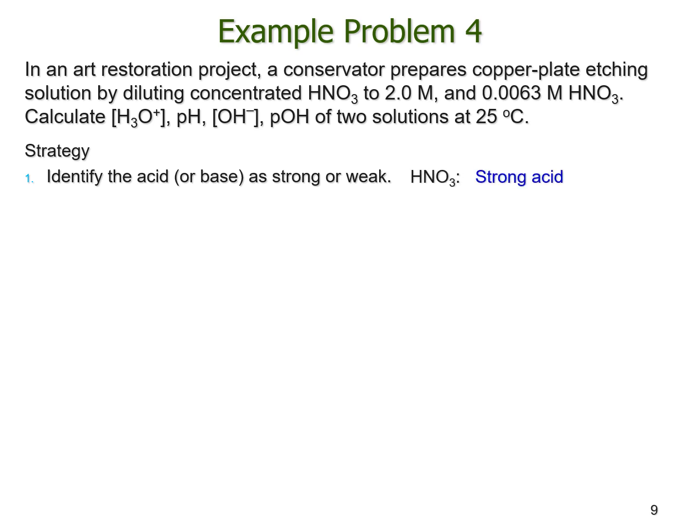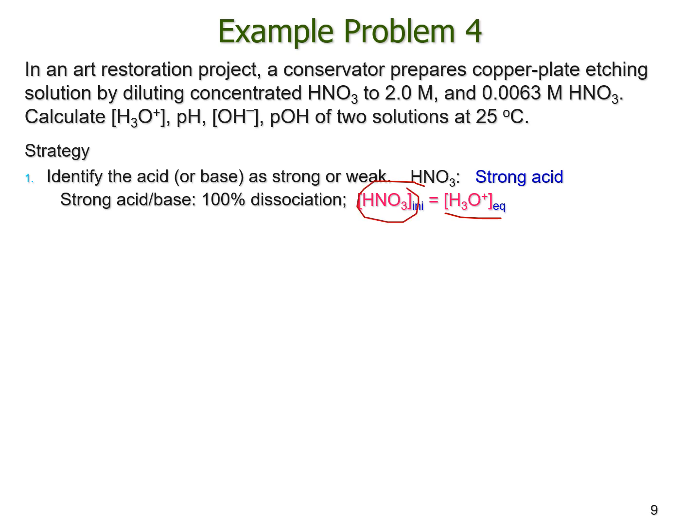All right, HNO3. So we understand it's a strong acid. Since it's a strong acid, according to the formula, it's monoprotic. So we know it's going to be 100% dissociation. The concentration of hydronium is the same as the concentration of nitric acid. So this is how we get the concentration of hydronium from a strong acid. Strong base, the same thing. For strong base, it is not hydronium, it's hydroxide, of course.